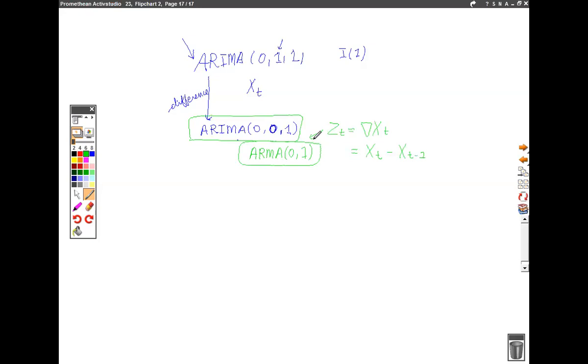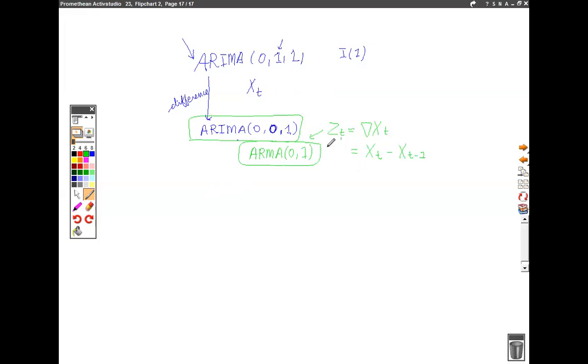So I have this model, which is a stationary model. And now what I can do is forecast the values for zt. But what I need in actual is the values for xt plus 1, xt plus 2, not zt plus 1 or zt plus 2. So what I do is, I reverse the process, I back engineer, and I will